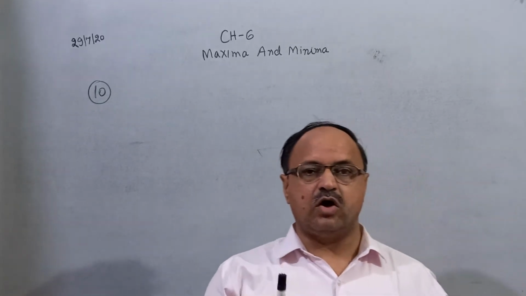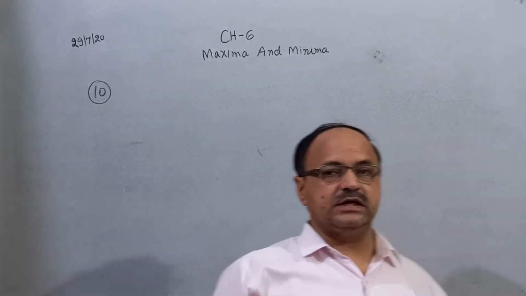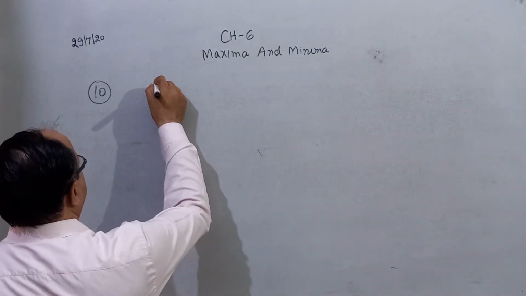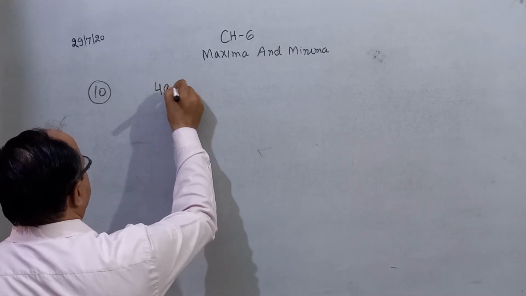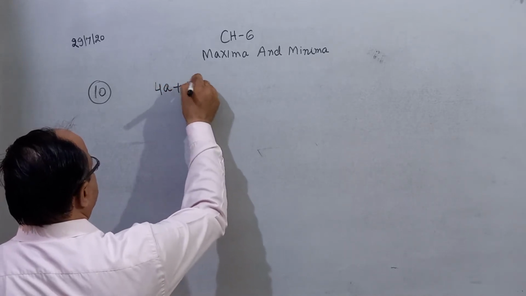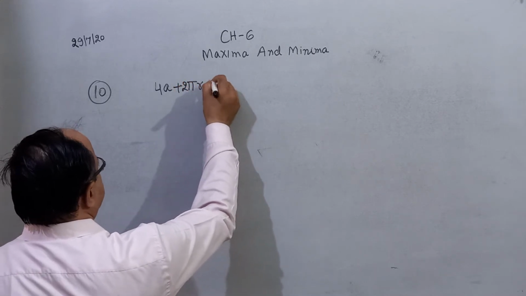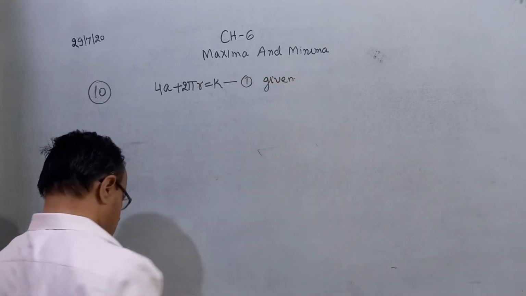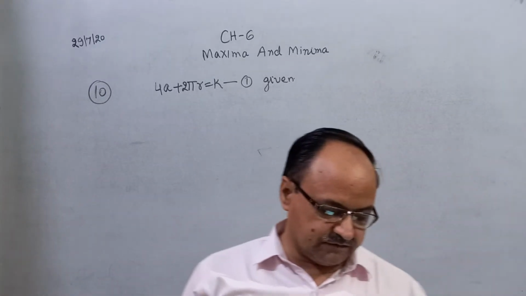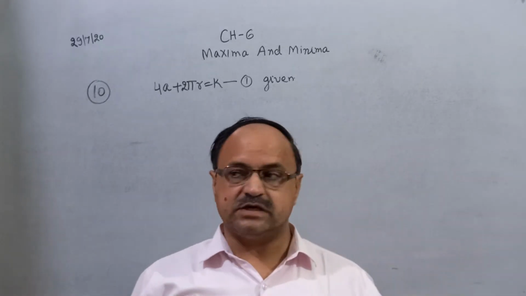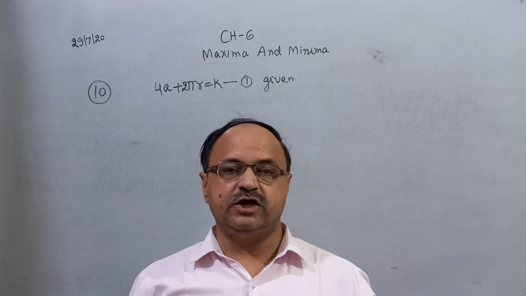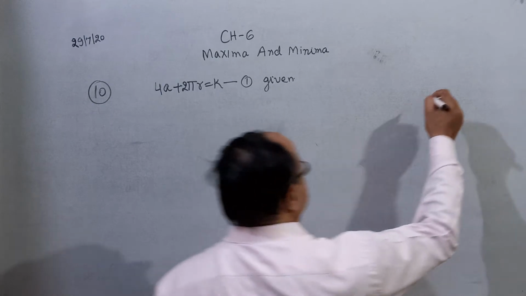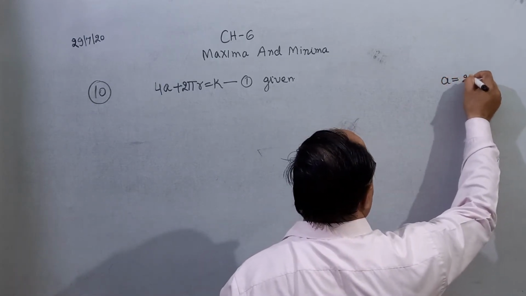Again, the sum of the perimeters of the square and the circle is equal to k. The perimeter of the square is 4a, and the perimeter of the circle is 2 pi r, that is equal to k, given. Prove that the sum of the areas is least when the side of the square is double the radius. You have to prove the side of the square is double the radius,